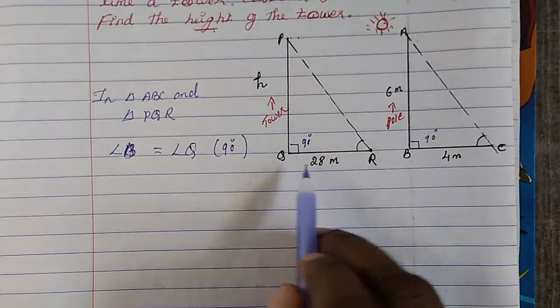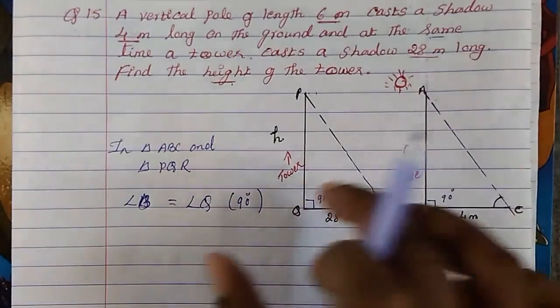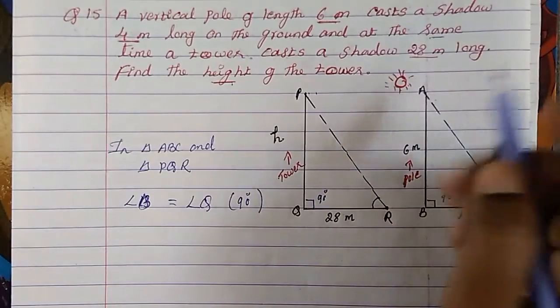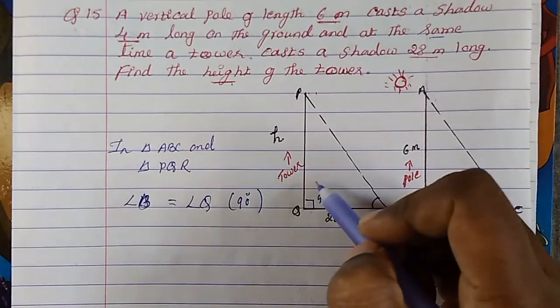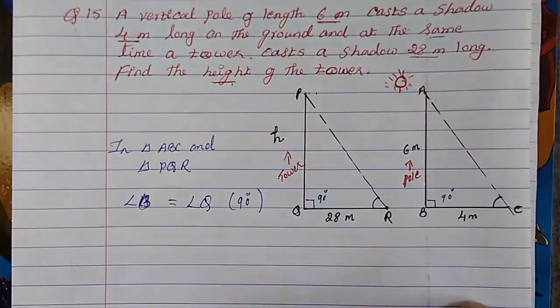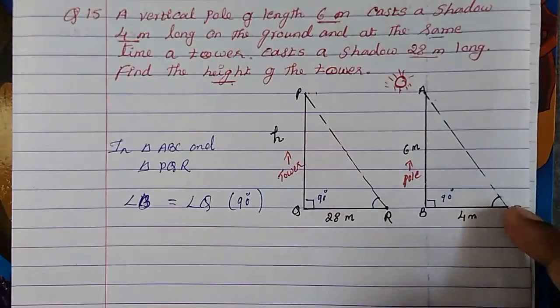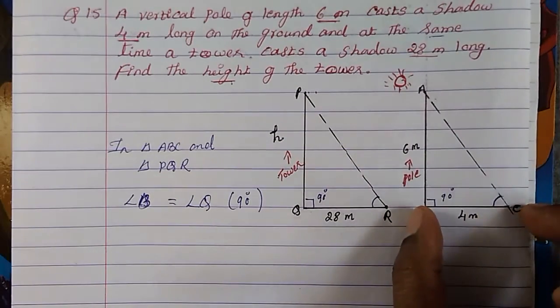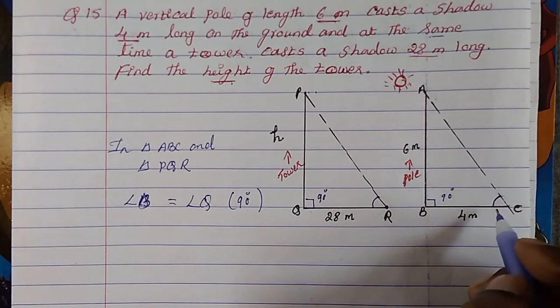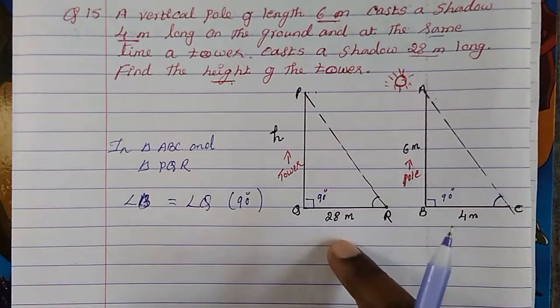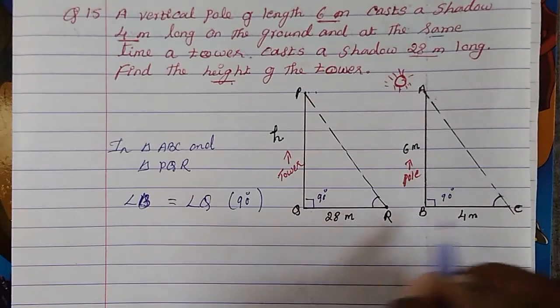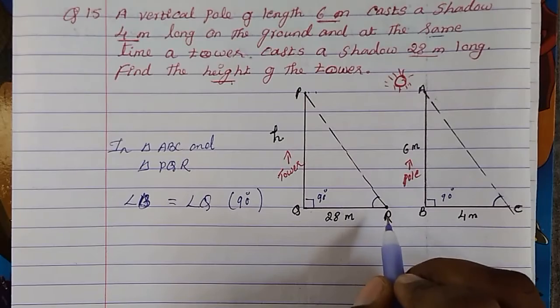Since I have drawn here, for your imagination it will be difficult for you because you will see the sun is here and the figure is here. So if I have drawn this figure here, then your imagination would have been clear. Okay, sun in the same position. So the angle that is formed for this pole and the shadow, the ground level angle, will be the same for this also. So we call this the angle of elevation of the sun.